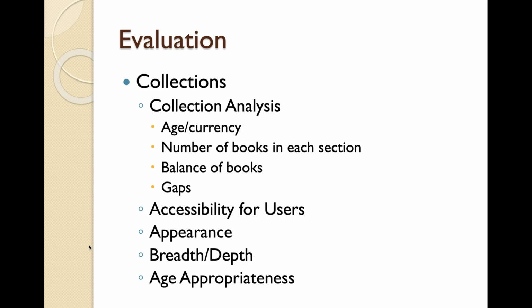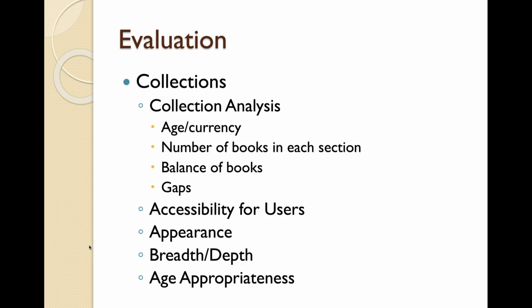And then you need to evaluate your overall collection. One way you can do this is through collection analysis, which you can, if you have a system like Destiny or some other system in which your books are all entered, you can often run a collection analysis, and it'll give you the age and currency of your books. So you can look at what the average age of your books are overall. And this is important when you look at, in particular